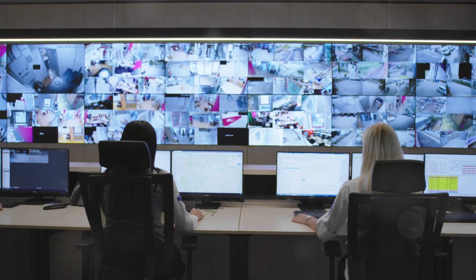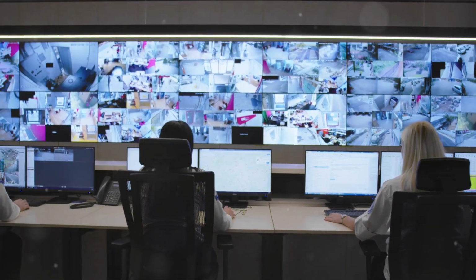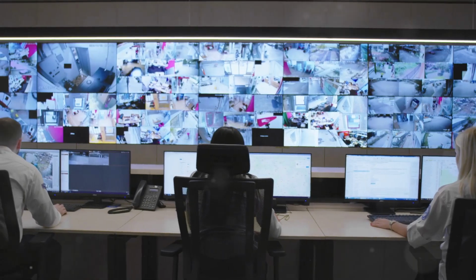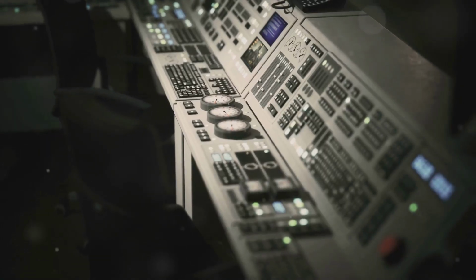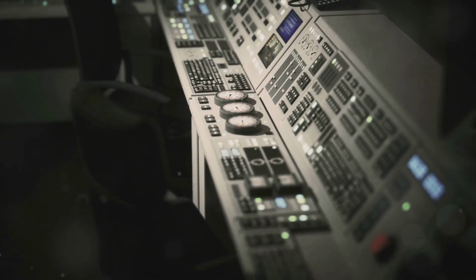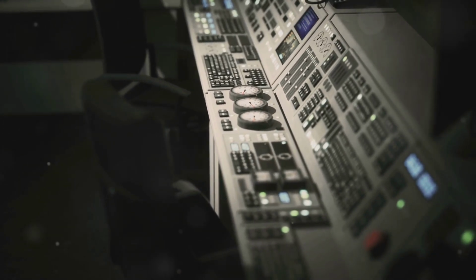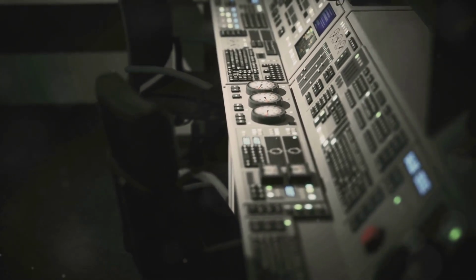But EDR's impact goes beyond the technical realm. It empowers SOC teams to work smarter, not harder. By automating routine tasks, such as threat detection and containment, EDR frees up analysts to focus on what they do best: investigating complex incidents, hunting for hidden threats, and developing proactive security strategies that keep their organizations one step ahead